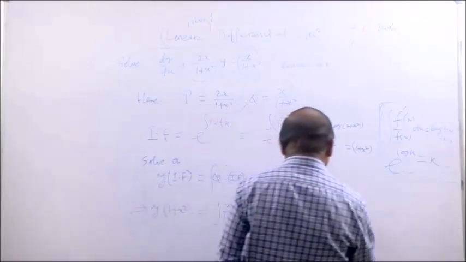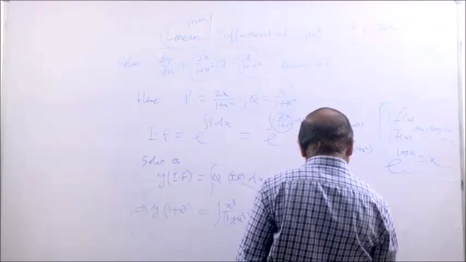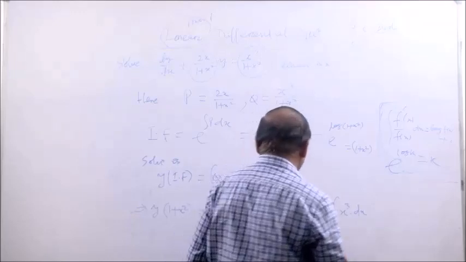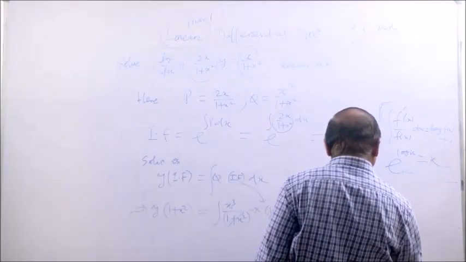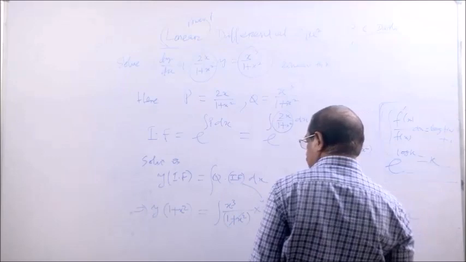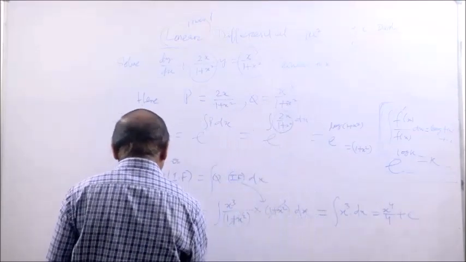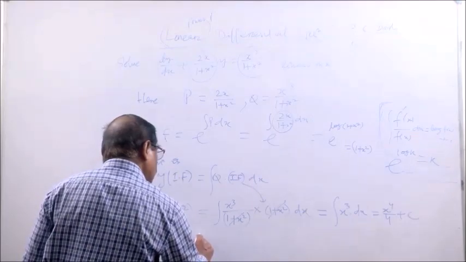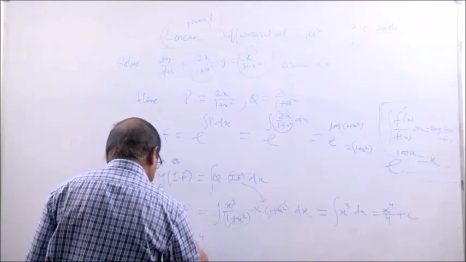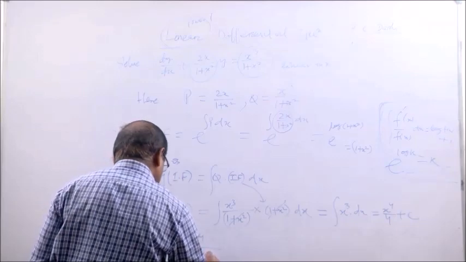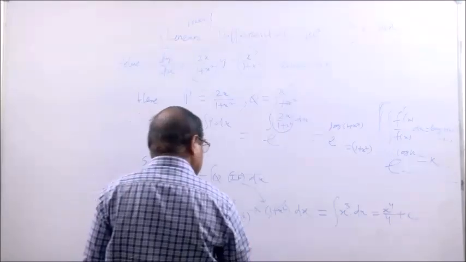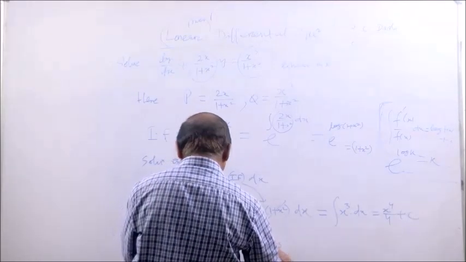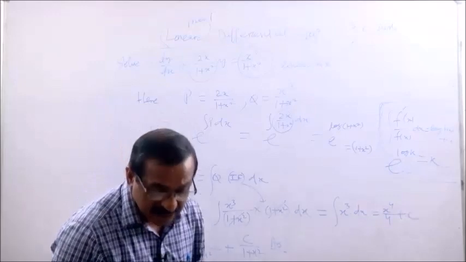Simply. So this is the easiest chapter to score good marks, so don't neglect differential equations, very easy, very simple. You apply this formula here, x to the power 4 by 4, and you get the answer. So y is equal to x to the power 4 by 4 into 1 by 1 plus x square, plus c by 1 plus x square, is the answer, right? You get the answer?